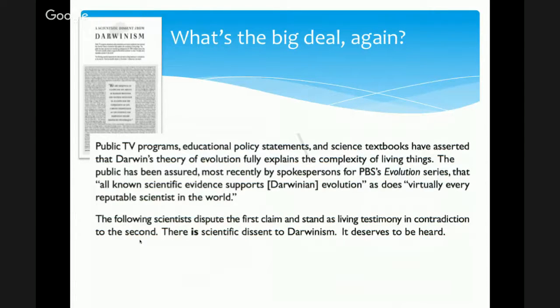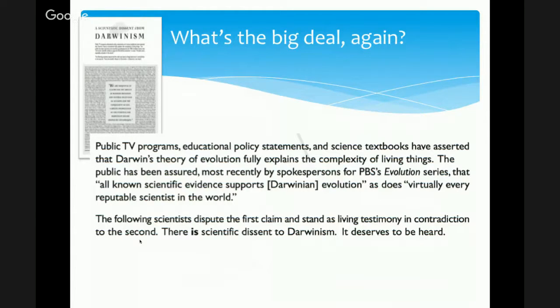And it said, again, that they think that we're trying to say that Darwin's theory of evolution fully explains the complexity of living things. Don't say that, because it's simply not true. And then you're forced to agree with things like this. There are other mechanisms. It's not all natural selection.